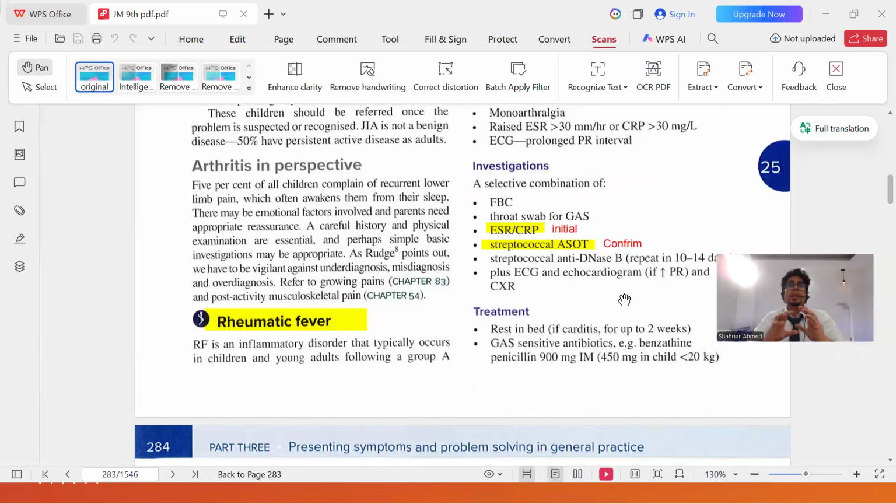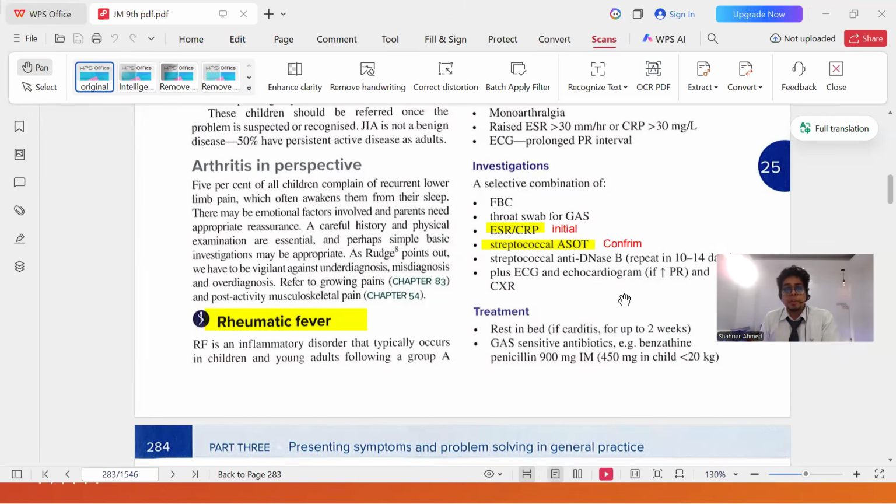Now, this brings us to the point. AIMS always loves to ask questions in this way. What is the initial or next investigation? What is the best investigation? How to make a diagnosis? What is the best approach? Or they will ask what is the initial treatment, what is the best treatment. This is the most possible way MCQs will ask you.